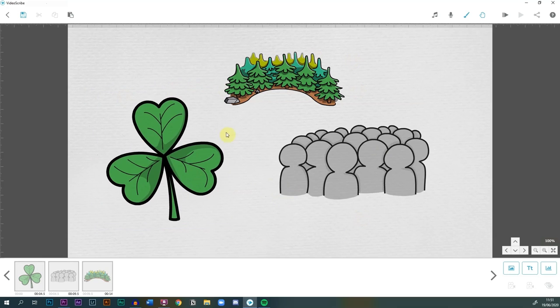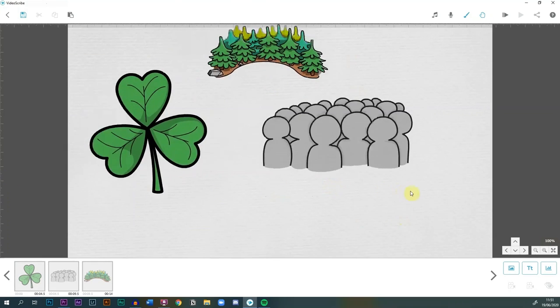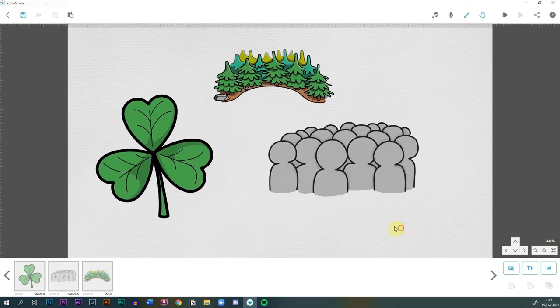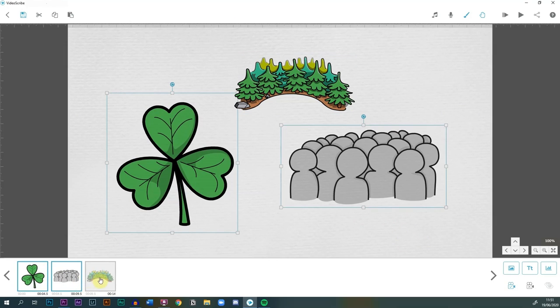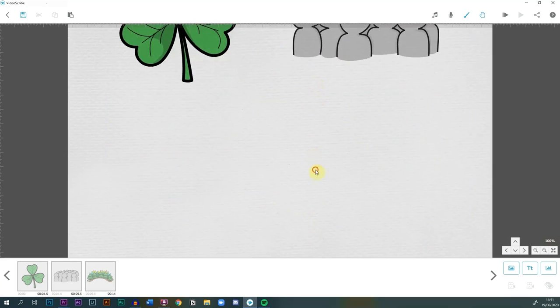And I also like to not put too much on the one screen at the one time, so I do a lot of moving around. So say for example, I'll just show you really quickly. If we have this all in the same frame, so let's say if we select all these clips by pressing shift, select, and then hitting set camera position. So all these clips are now going to be in the same frame with the same camera position, but then we want to put another clip down here, or another image down here,